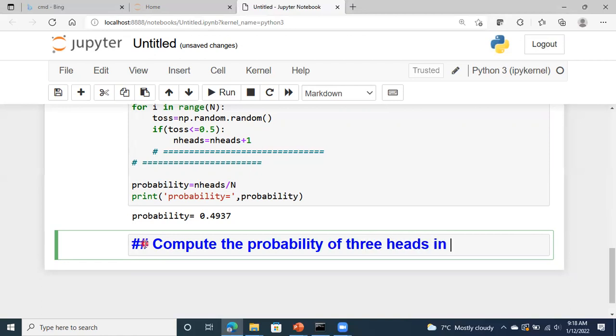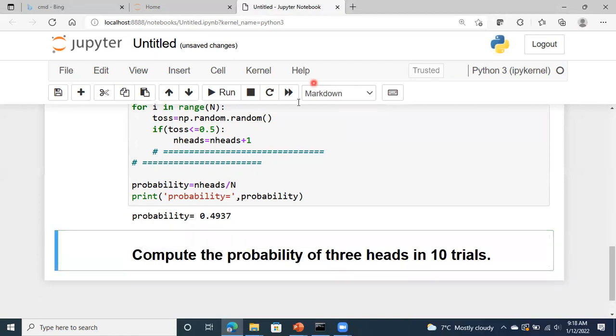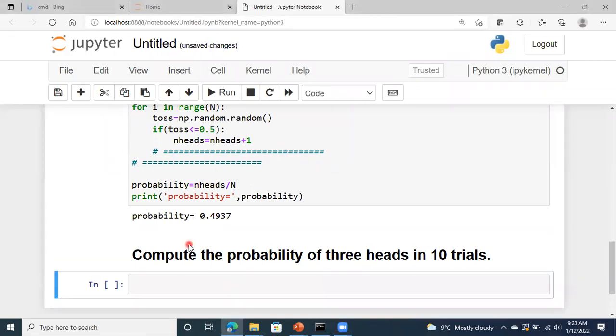Three heads in 10 trials. So I create a new cell, and in that, let's define the total number of experiments. So I say 10 experiments,